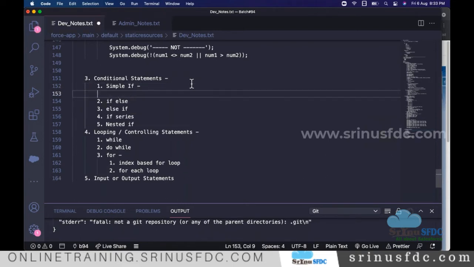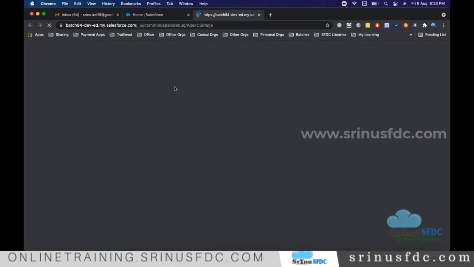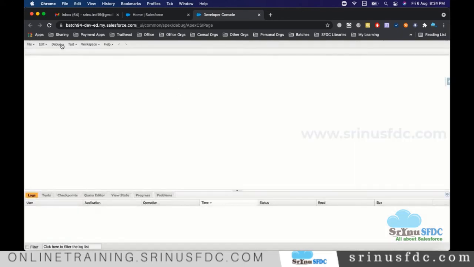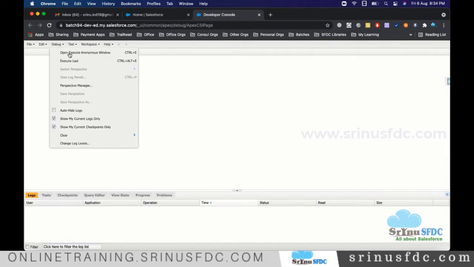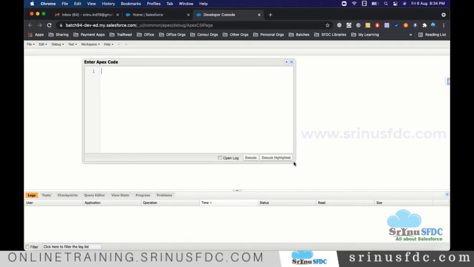The simple if means, when we write the program, maybe let me open the developer console. You need to click on the gear icon, open developer console. Click on debug, open execute anonymous window. So here,